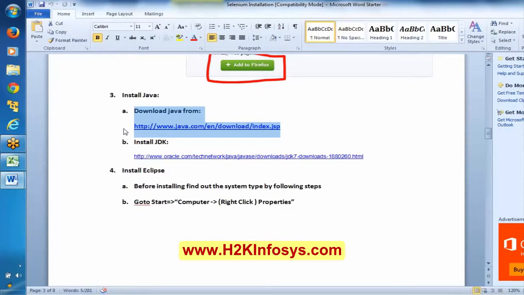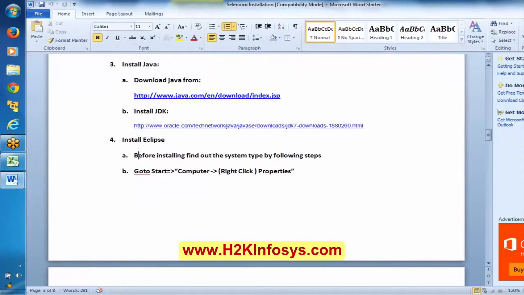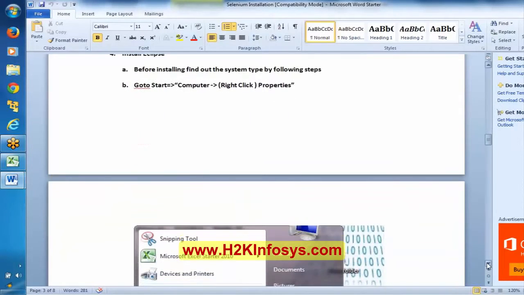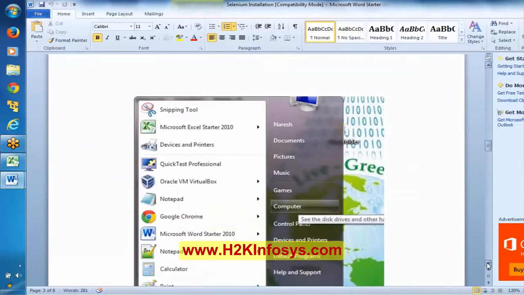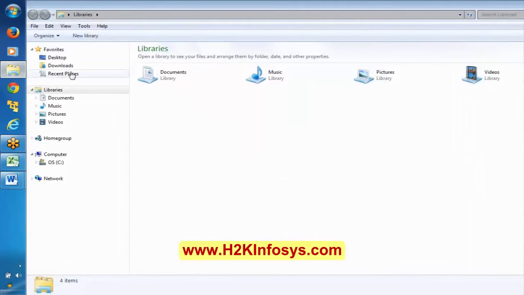I hope everyone has installed Java and the JDK, and downloaded Eclipse. Once you download Eclipse, go to the Eclipse software where you have downloaded it.